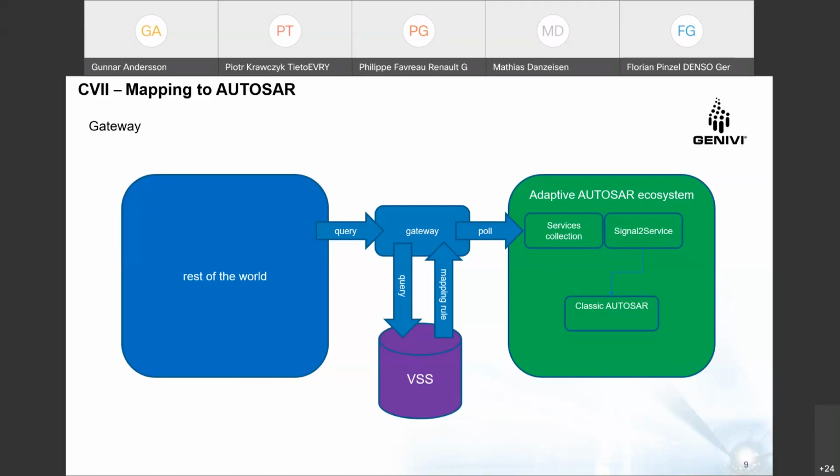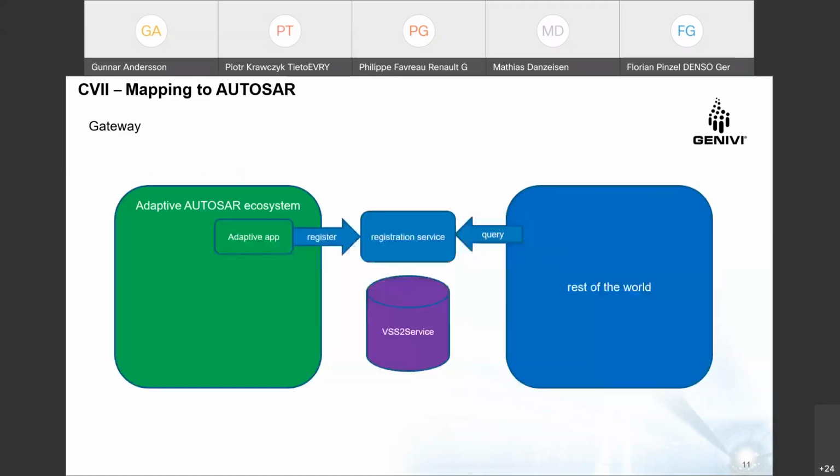But the main message is that yes, there is a possibility to get data from the AUTOSAR ecosystem. We know that Farrakhan is able to do it. At least from my perspective now, the main challenge is to find the appropriate place or the way to maintain these mapping rules. Either it will be like here, so that you have access to the platform specification, platform documentation, so you can create, generate, maintain the actual mapping, so that you know the service IDs from AUTOSAR, you know how to translate them to a VSS branch,